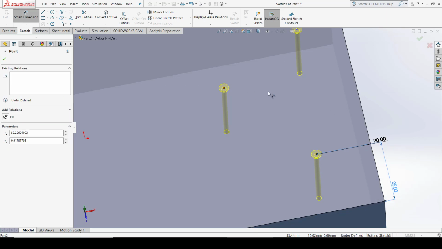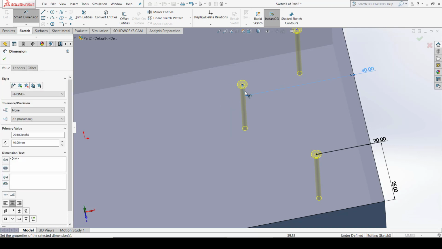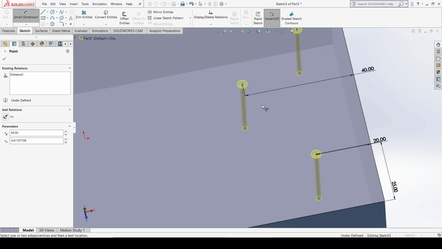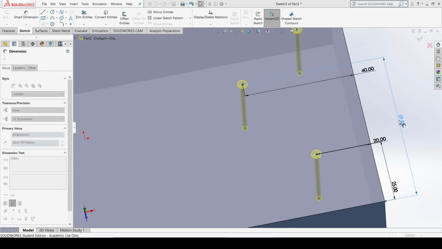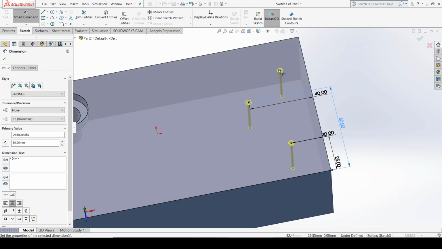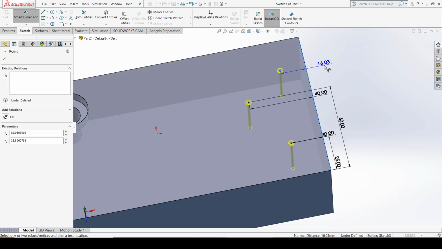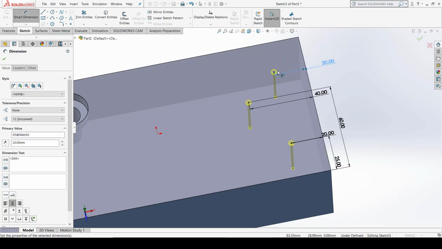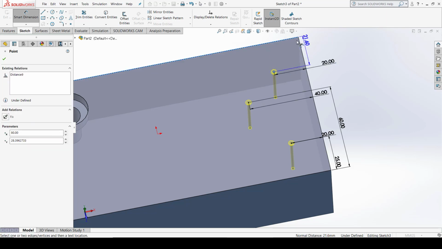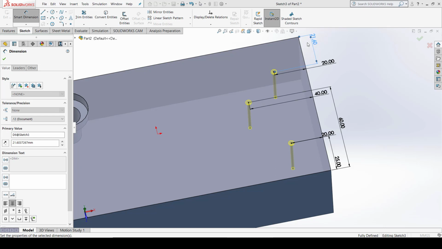Similarly, from this center of the hole to this edge it should be 40. You can give any distance as per your requirements. From this edge it is, let us say, 60. Similarly, you can define this hole from this edge, let us say 20, and from this point to this, let us say 25.